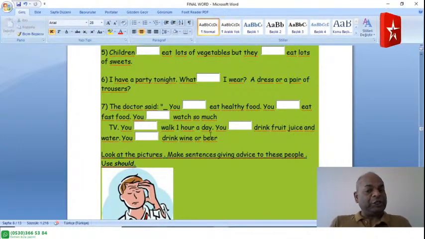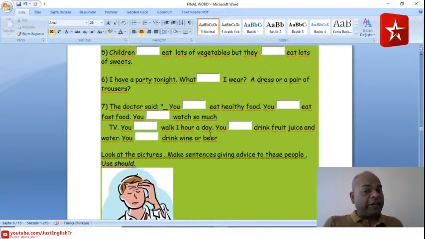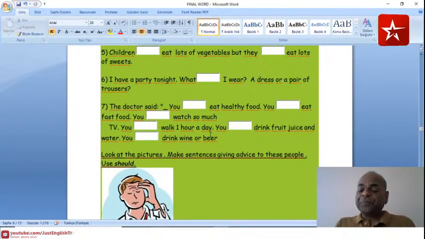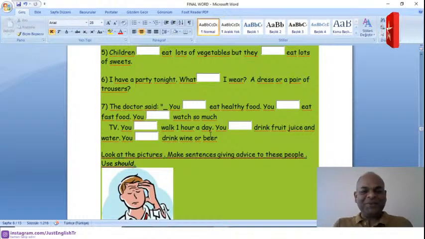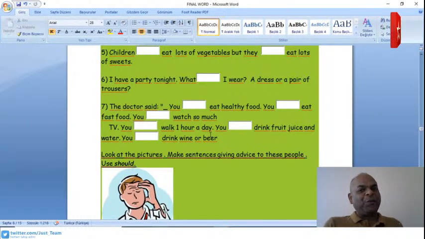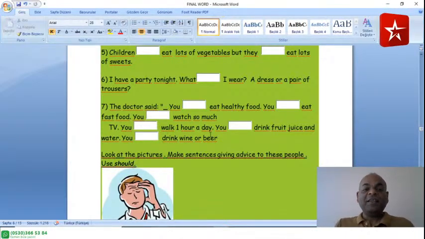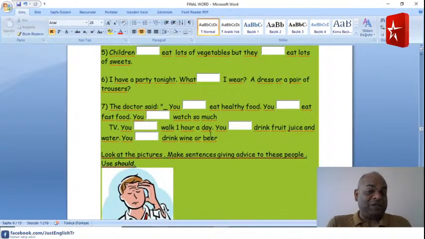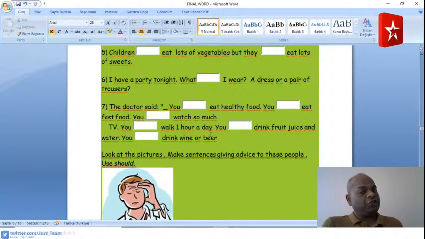Number 7 says here, you dash walk 1 hour a day. You should or shouldn't, students? Number 7C, guys. Let's go. You should walk 1 hour a day, or you shouldn't walk 1 hour a day. What's the answer? Alright guys, I think here it can be both. You should or shouldn't. It depends. Some people might not have too much time, so 1 hour is better. And some people might have more time, so they can walk more than 1 hour. So should or shouldn't will be the answer.